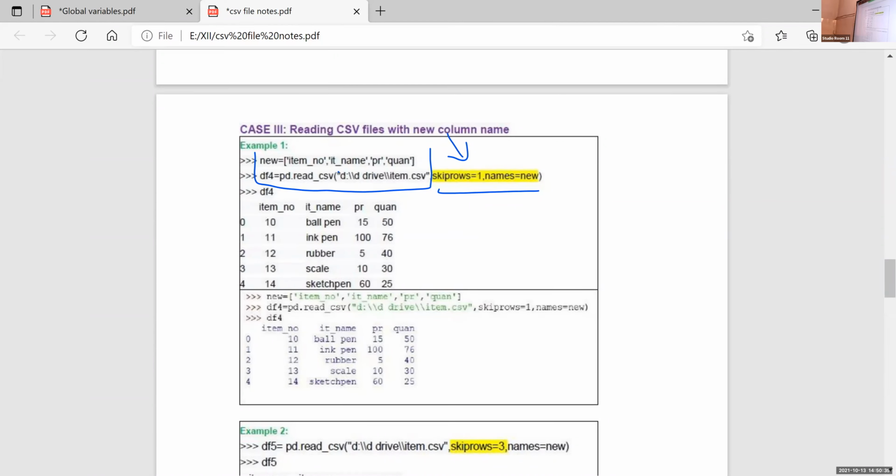So if I'm giving skip rows equal to 1, it will omit the default column name, that is the 0th column name, and it will give a new name, which is new.